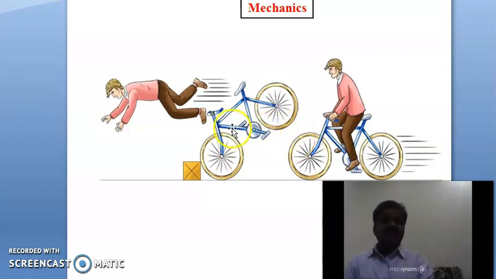I mean, in order to change the motion of an object, it requires what? Force. Because of the tendency of this cyclist not to change his state of motion, he is going to fall, and this is due to nothing but the inertia of this cyclist. Every object has inertia, that is, the tendency not to change its motion and to oppose the change in motion. In the same way, here you see